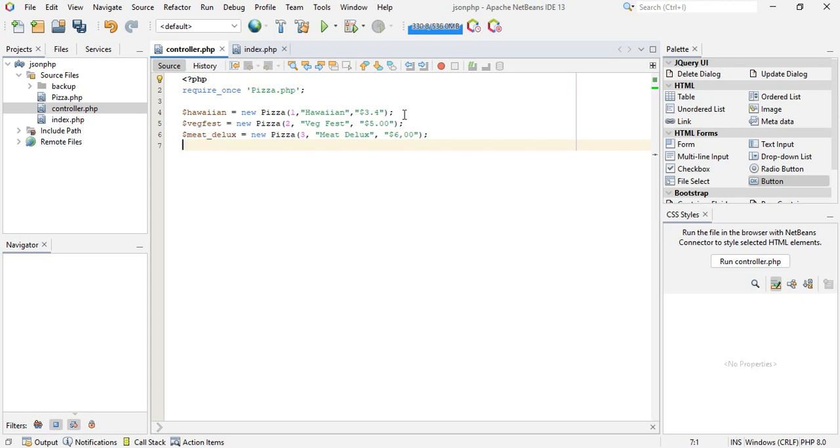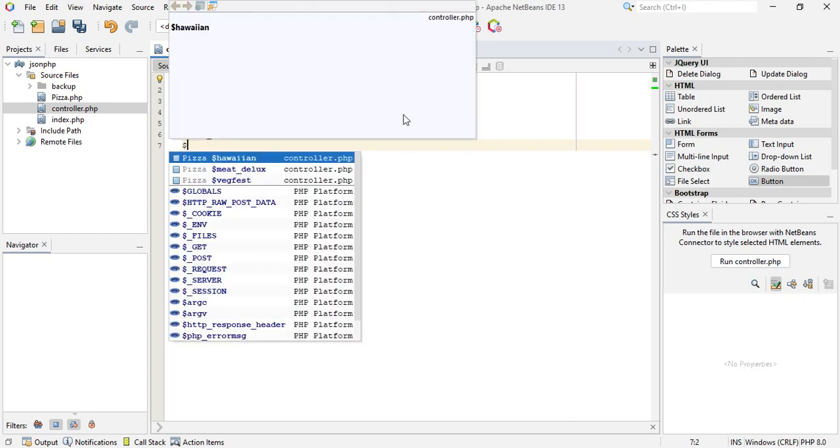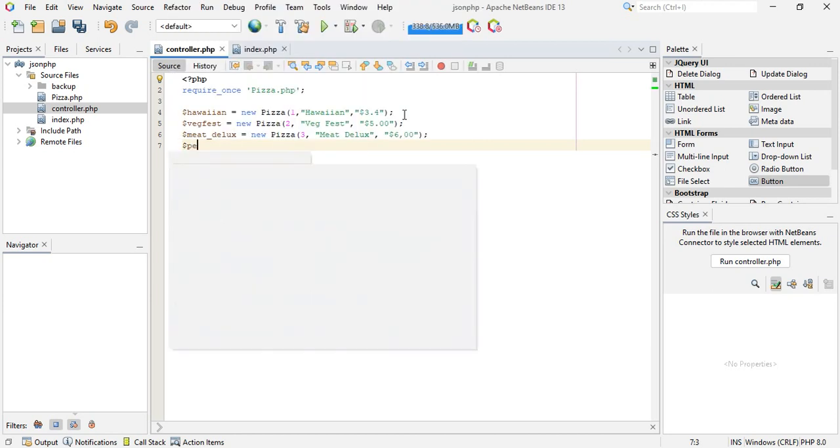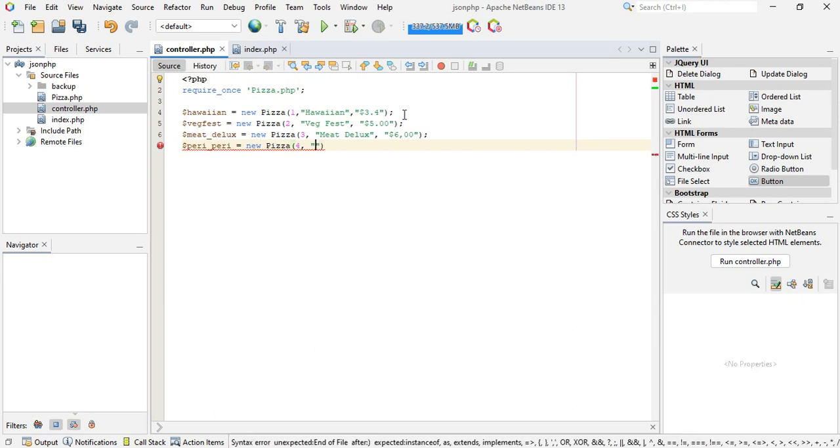And lastly, I will create another pizza, and I will call it peri peri equals new pizza, 4, and the name, and it's going to cost $7. So that's our data,